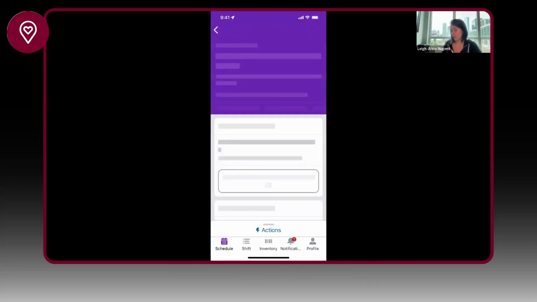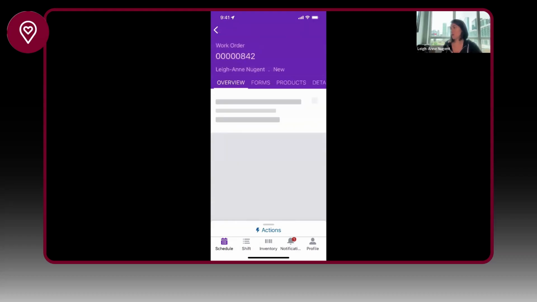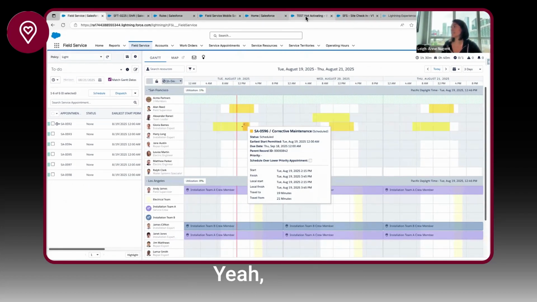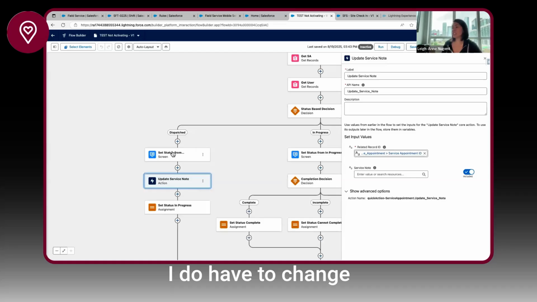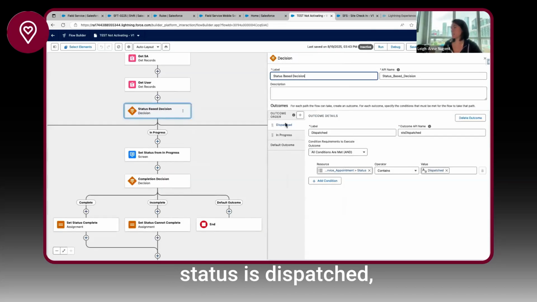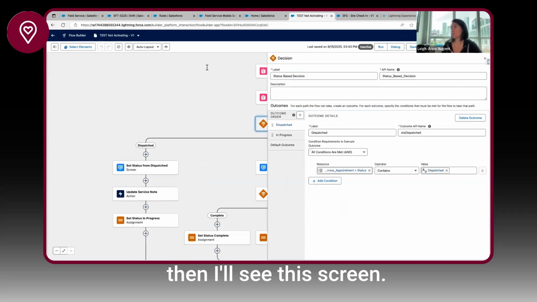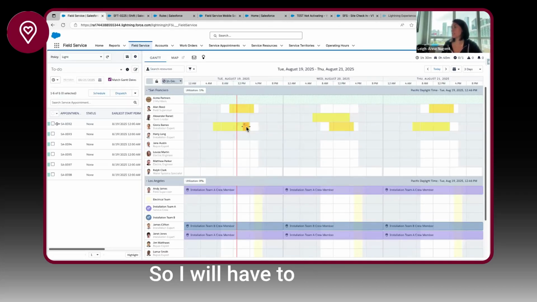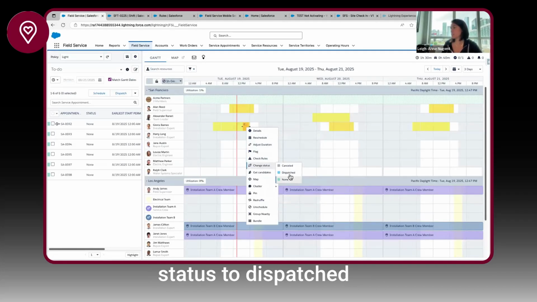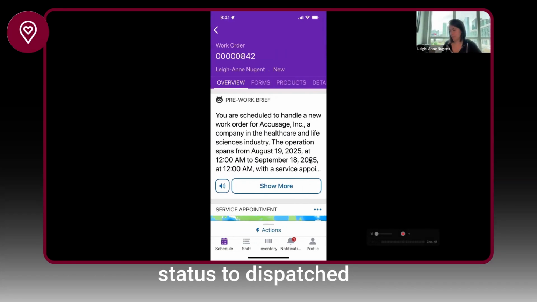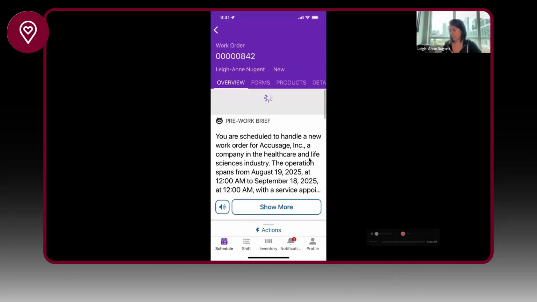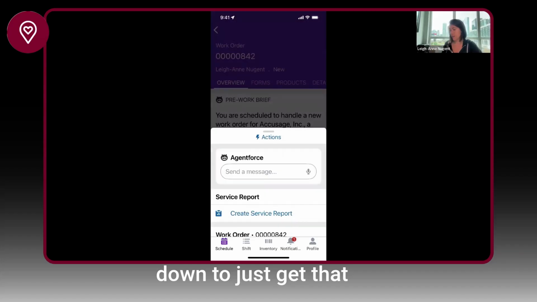Oh, I do have to change the status, because if the status is dispatched, then I'll see this screen. So I will have to change the status to dispatched. And I'm just going to pull this down to get that. Now,